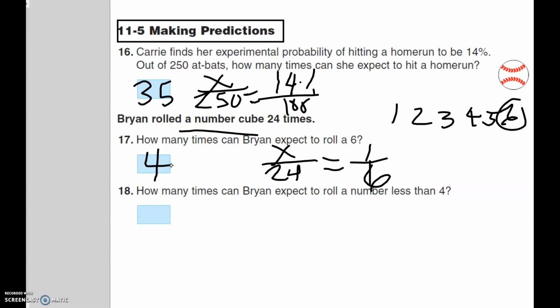And then the next one, how many times can Brian expect to roll a number less than 4? So don't include 4, just the ones that are less than 4. Count how many sides of a dice are less than 4,